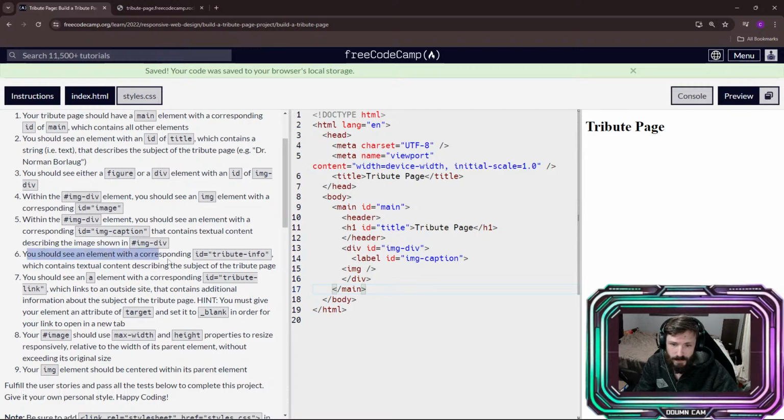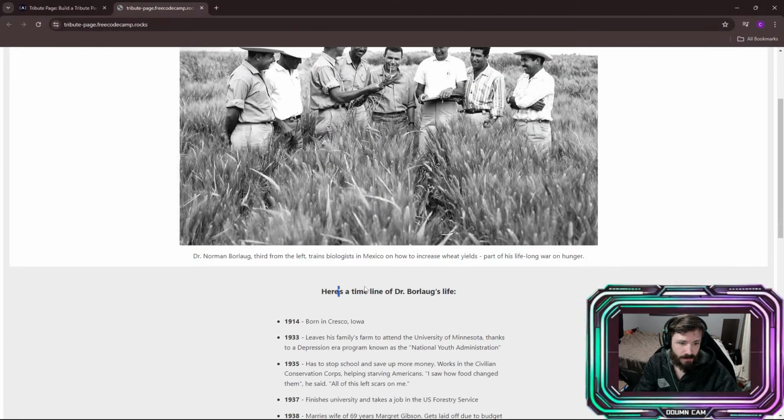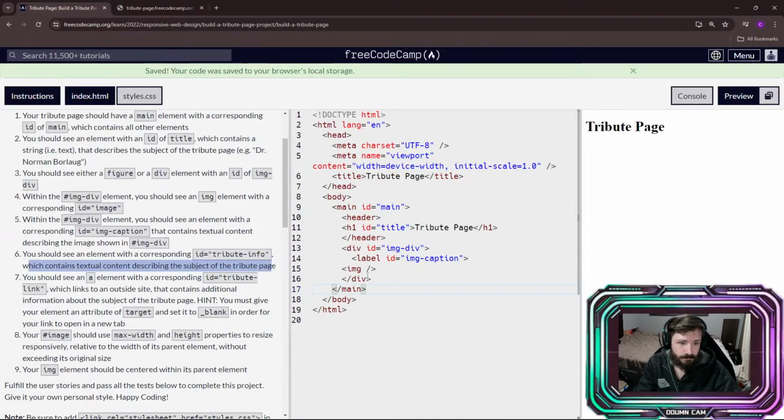And then you should see an element with a corresponding ID of tribute info, which contains textual content describing the subject of the tribute page. That's below, right? Yes. So below this, I want another div. And this will be